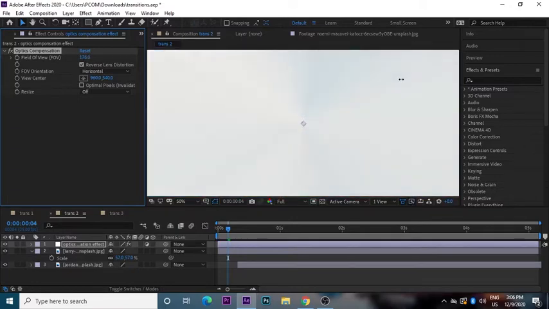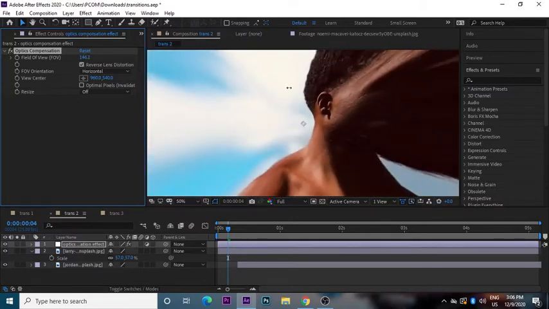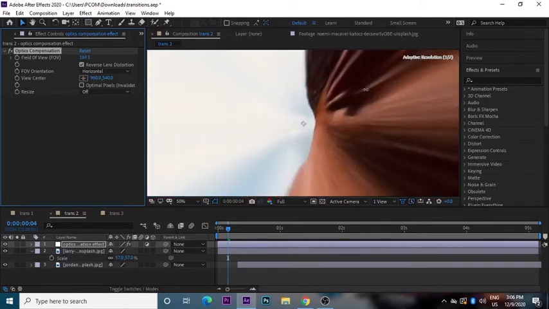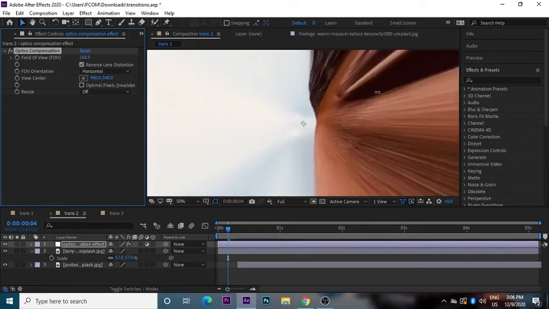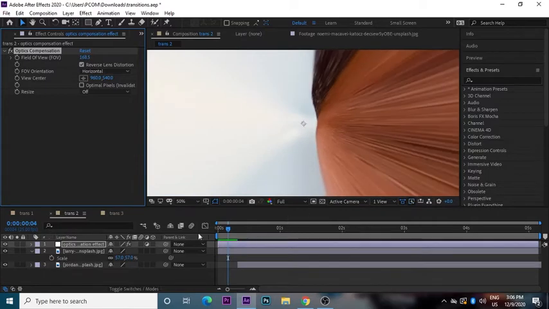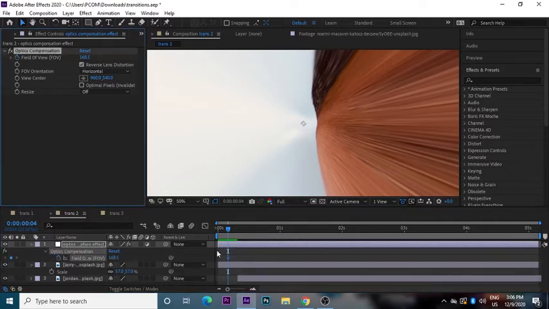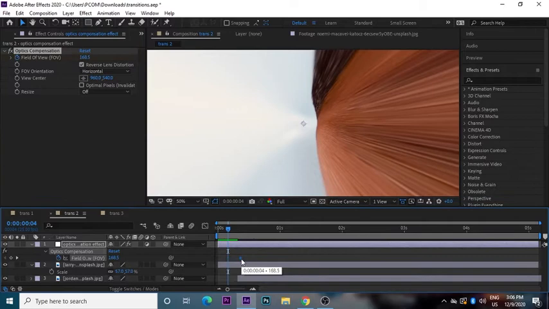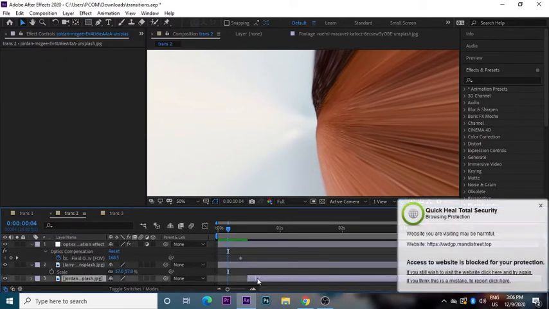So now if you increase all the way up like this, you are gonna get a little creepy look, but trust me, this will only give you the main transition, just something like this. So, and first of all, create a keyframe and press U for the adjustment layer, and make this adjustment layer something like over there.